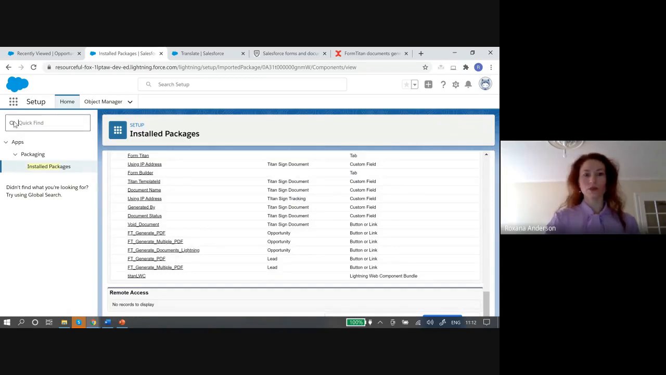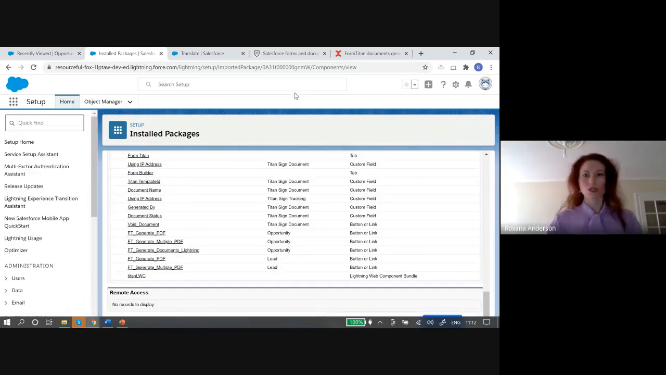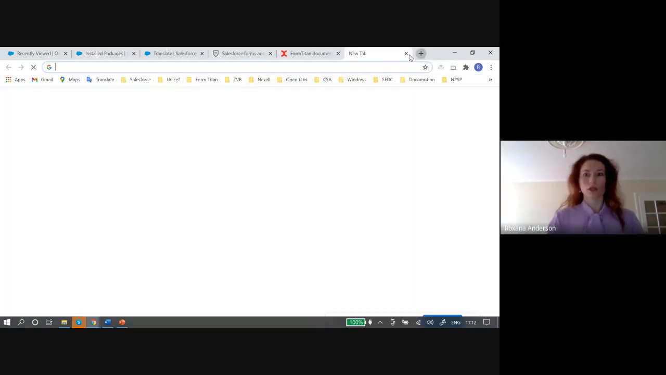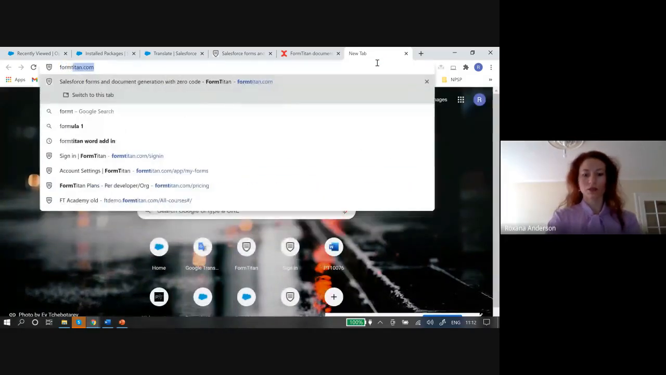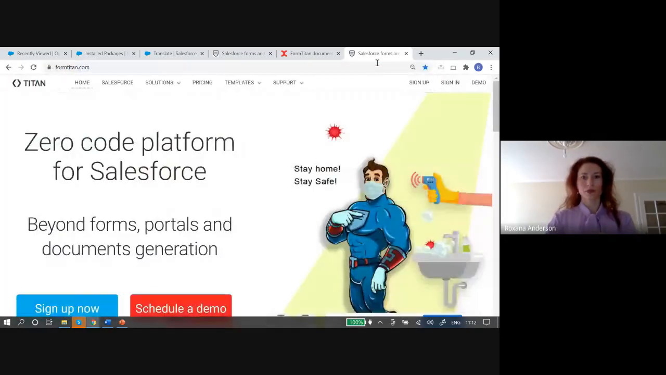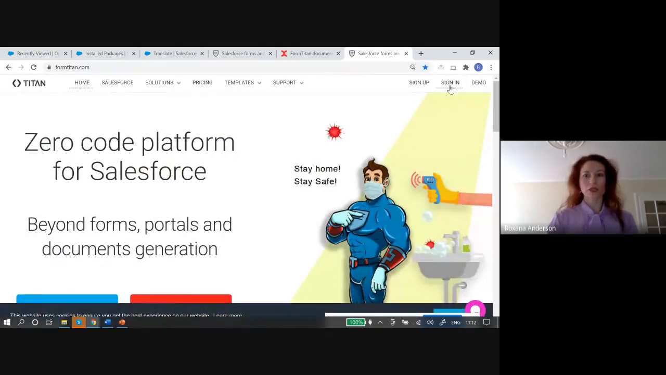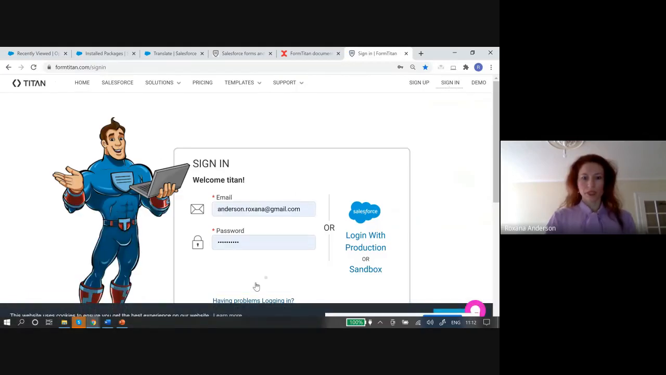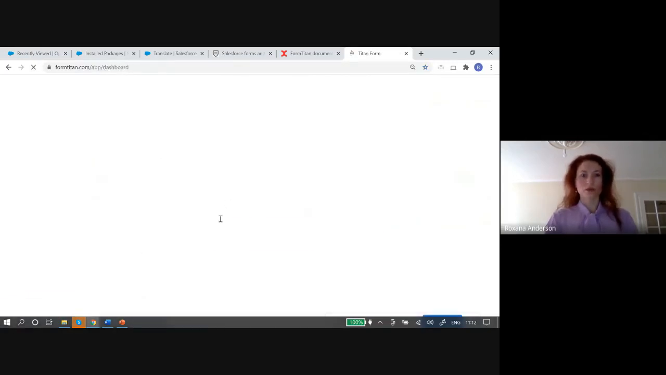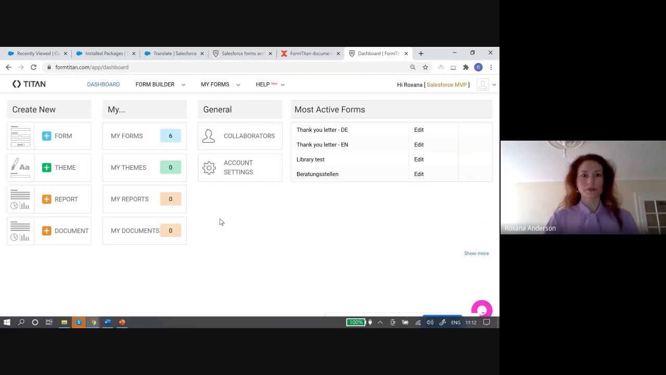Okay, so the next step after you have installed the package is to go back to your FormTitan account. I will log in. You need to go back to your FormTitan account and make the connection between FormTitan and Salesforce. I'm signing in with my trial account. And this is the account settings page with multiple menus. And in order to create the connection, you have to go to My Account,